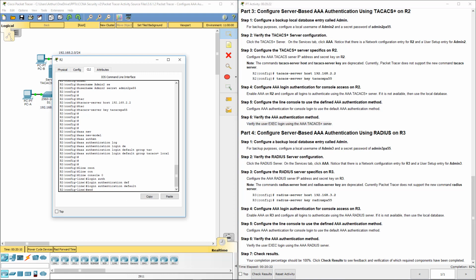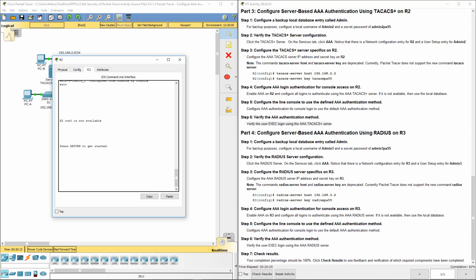We will end and we will back out completely. Notice it does prompt us. We'll try logging in with our admin2, and our password is admin2pa55, and it should work. So that right there is complete. Moving on,